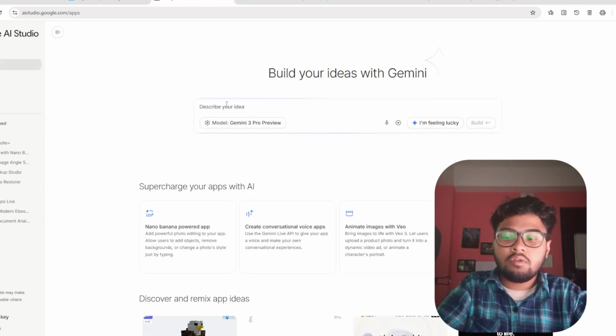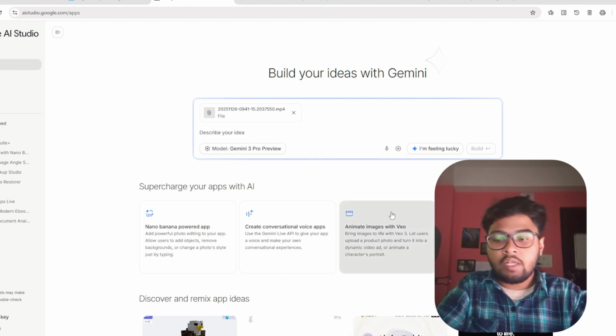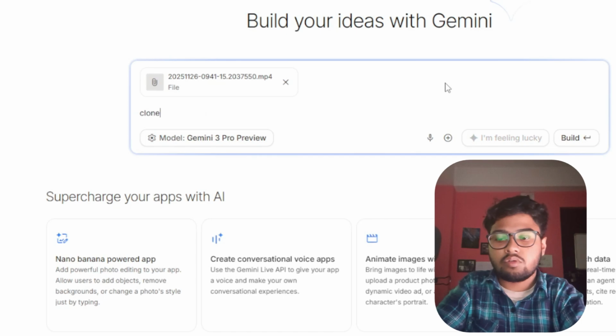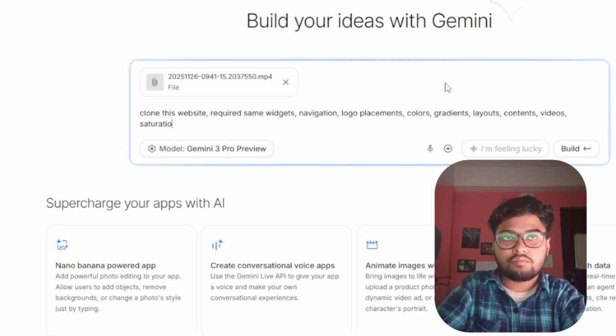Open this and simply paste that mp4 file, and simply type like, clone this website, required same widgets, navigation, logo placements, colors, gradients, layouts, contents, videos, everything same, saturations, animations,